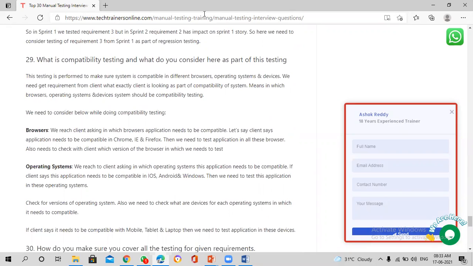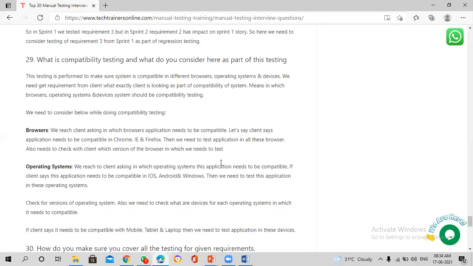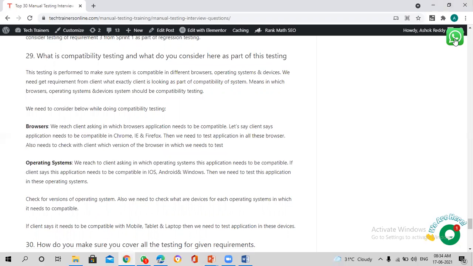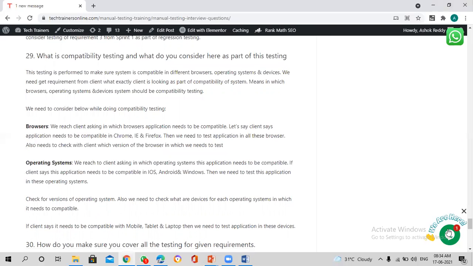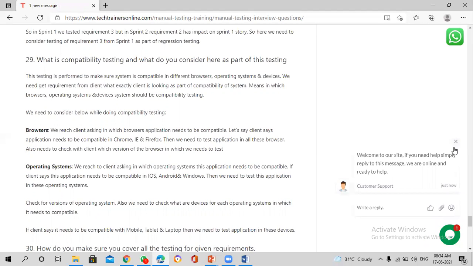Yeah. So now I opened it in Chrome. I see there are no issues. It is looking good. And then I opened Microsoft Edge also. I see there is a WhatsApp icon here and as well as here also. And I see we are here to help you. It is also available in Chrome and as well as in the Microsoft Edge. And I do not see any issues here. So that's what you need to do when you are doing compatibility testing with respect to the browsers.